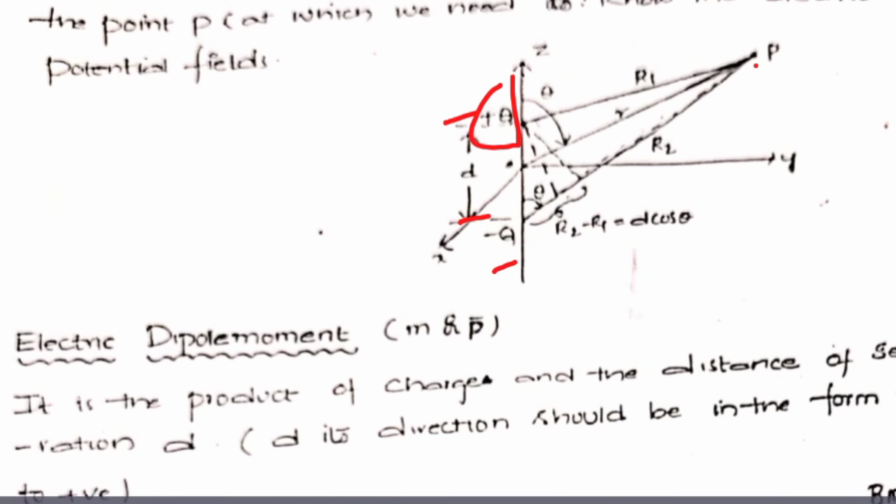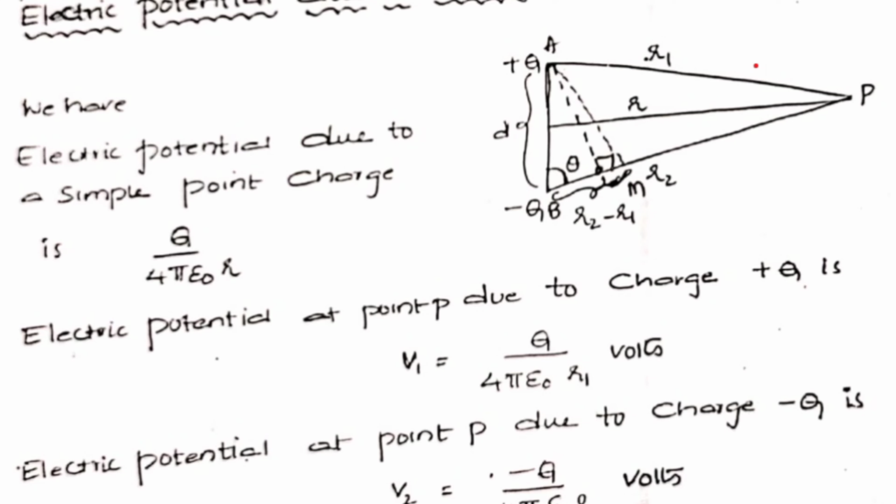Now we go for the electric potential due to a dipole. That is very important. Now, the same diagram, but with small letters. Small r1 is the distance from the point charge plus q to point P. Small r2 is the distance from the negative charge to point P. From the origin to point P the distance is r. And r2 minus r1 is the side m of the triangle A, B, M, where the angle at point P is theta. If you extend all the points you will get this. We will see this explanation again.